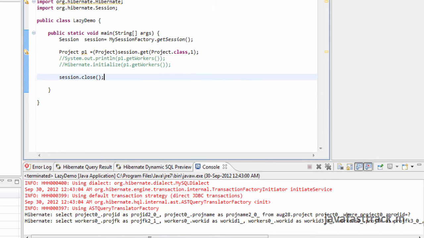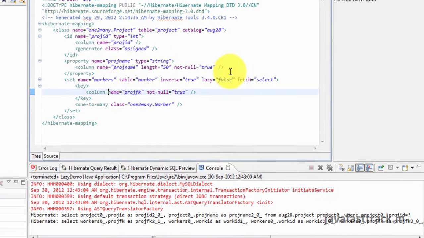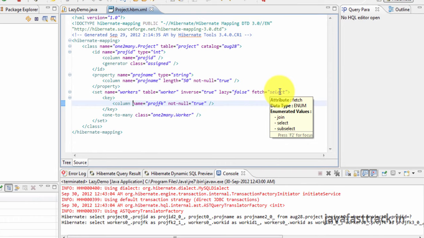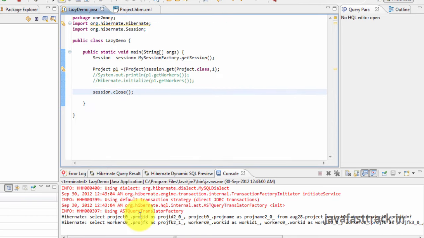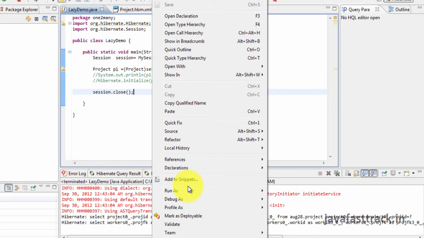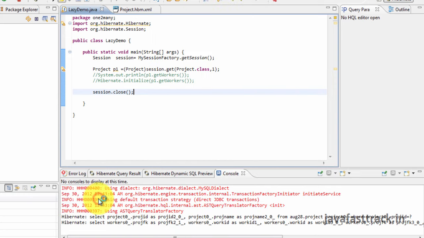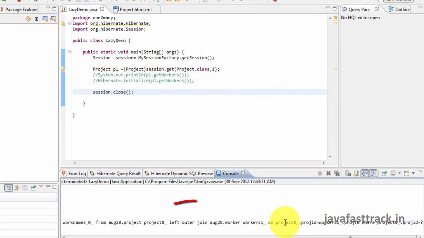If instead of two separate select queries you want a join query, then you make fetch as join. Now I made fetch equal to join. Instead of writing two separate select queries, you see that Hibernate is going to write one join query. As I told, you should use this property only when Hibernate is not lazy.